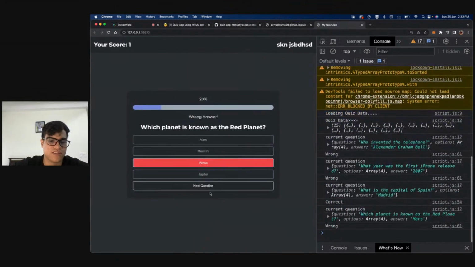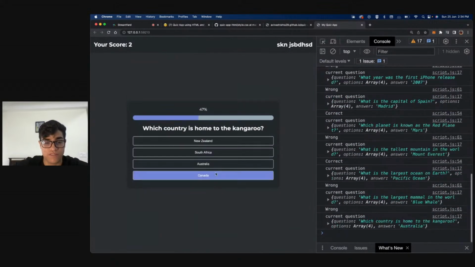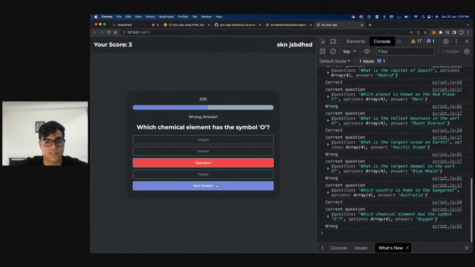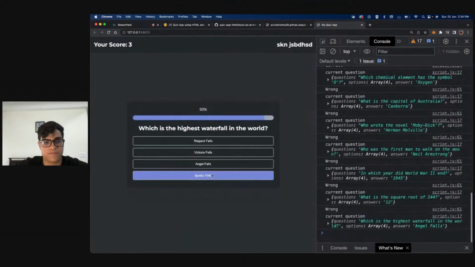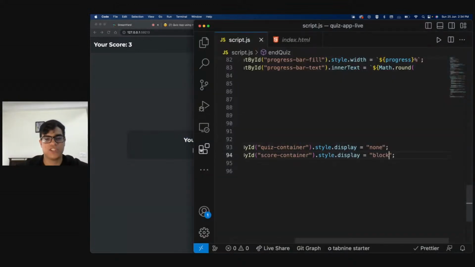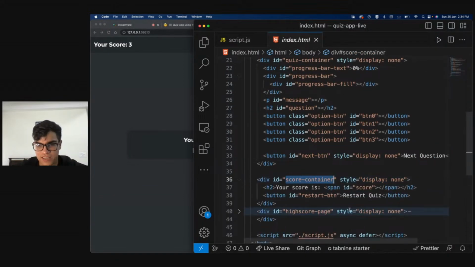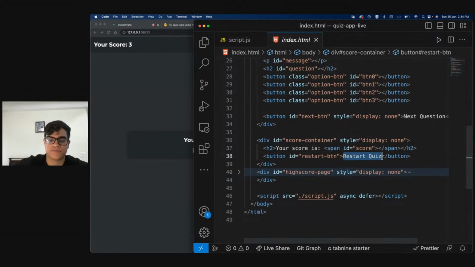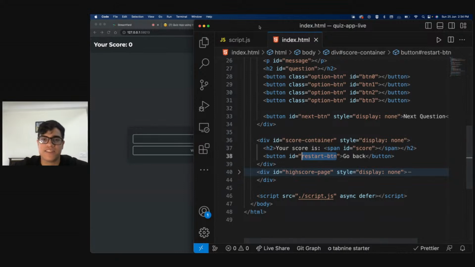So the moment I do that, let's say we start a quiz, and now this will be a long process. We might reduce the array for a little while. Don't worry, so that we don't have to always do this. Now we see this. Cool. Now we see this, and we can restart quiz or go to the home page, whatever we want to, right? So instead of restart quiz, I'll say go home, go back, right? And in this restart button, I can have an event listener.